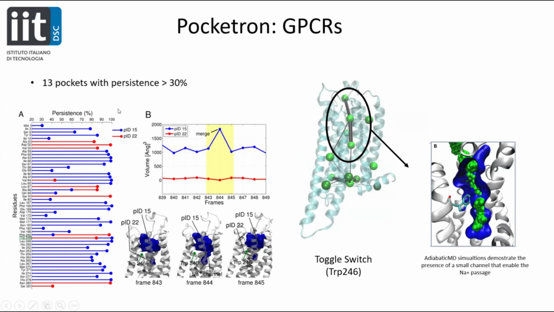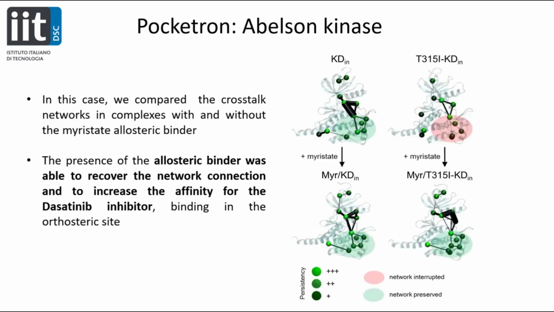Another thing that you can track here is the persistency level of the single residues, which is not just the probability of the pocket itself, but the probability that that residue contributes to the definition of the pocket. Because obviously these objects, these pockets, move in time. They are flexible, so a pocket is not fully defined by a set of residues only. You have a varying definition of the residues along time. This is also information that you can track and say, okay, at least 30% of the time these residues can be found in my pocket, because they are flexible objects.